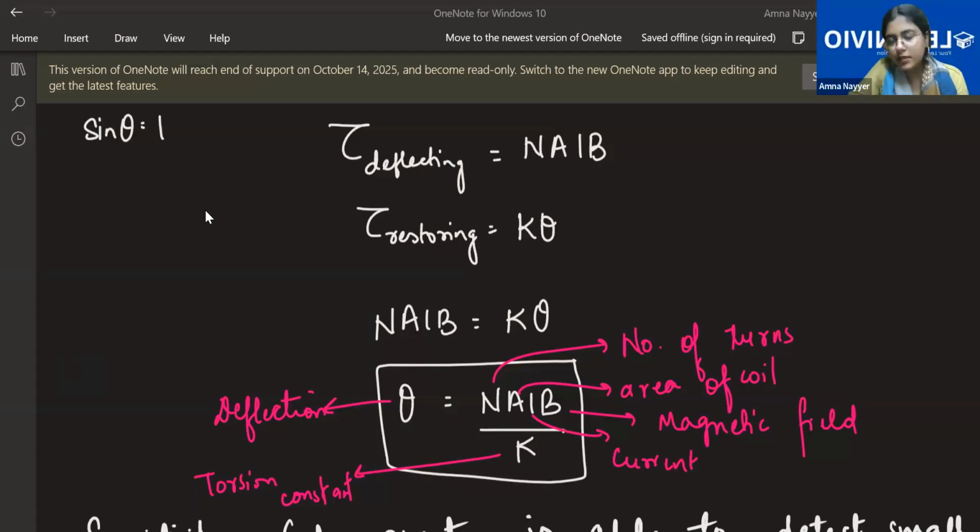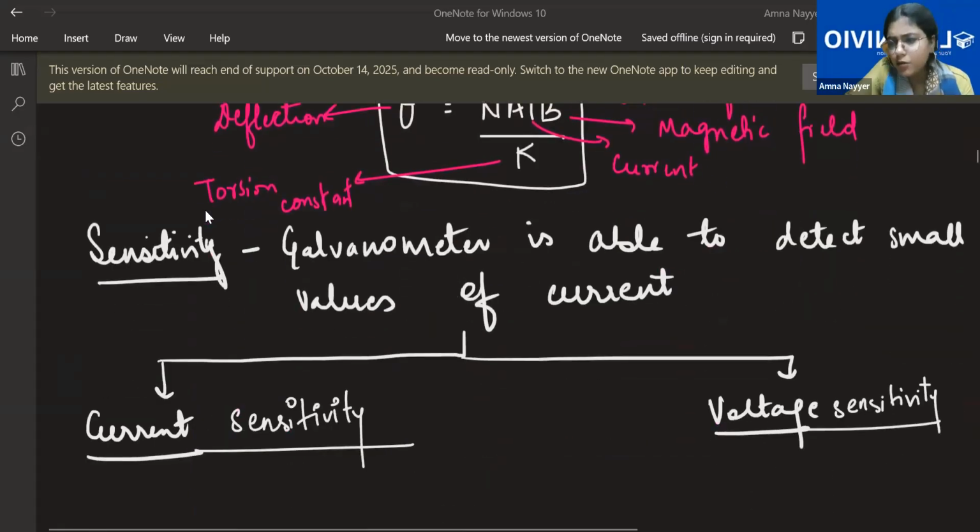Okay, Rani, you were saying something: if a very small amount of current is there, will it be able to show or not? That is known as the sensitivity of a galvanometer. We generally use the term sensitive for people also, that a person is very sensitive if he or she reacts to a very small situation, right? Similarly, a galvanometer is said to be sensitive if it gives a very large deflection for a very small current. It's like giving a very huge reaction to a very small torque. So the galvanometer is able to give a very large deflection even for small values of current.